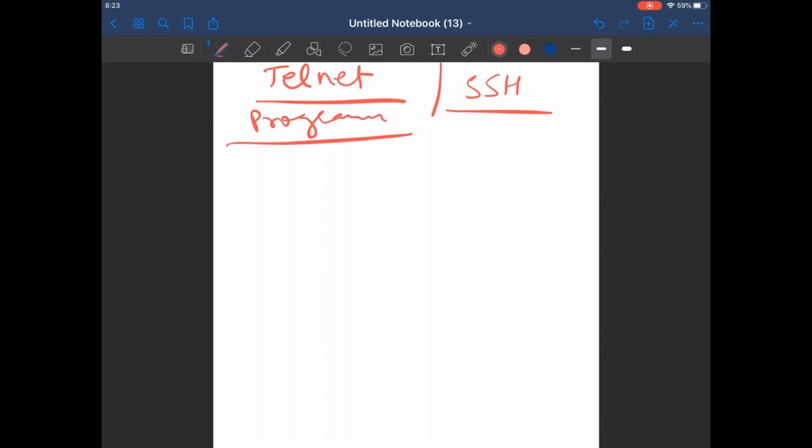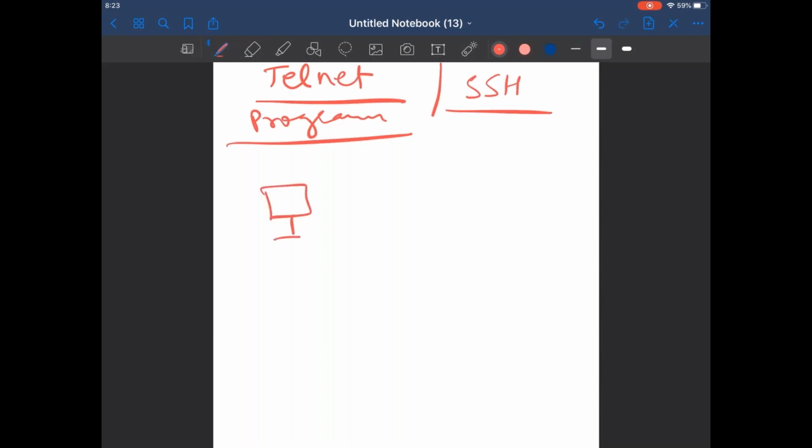With the help of Telnet, we can log in to any device, and it is an application protocol. We can use it to log in to any device virtually or remotely. We can access a computer.